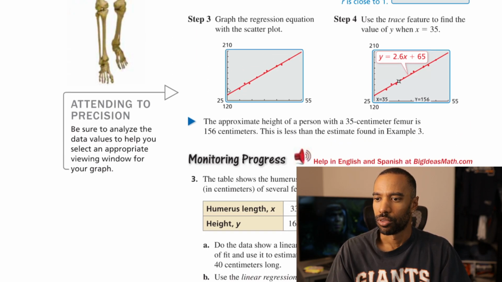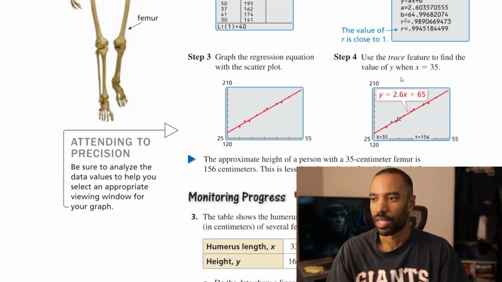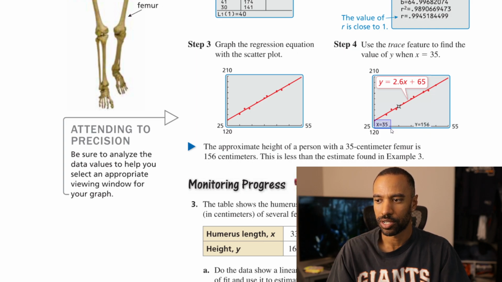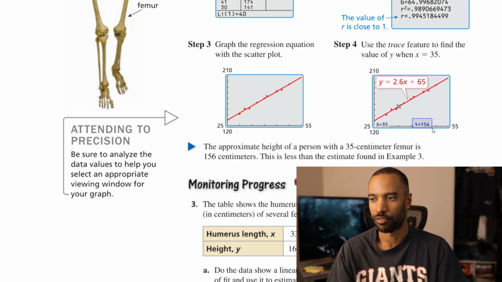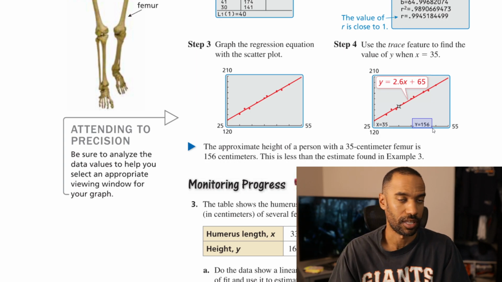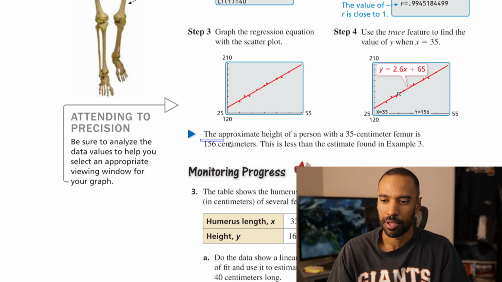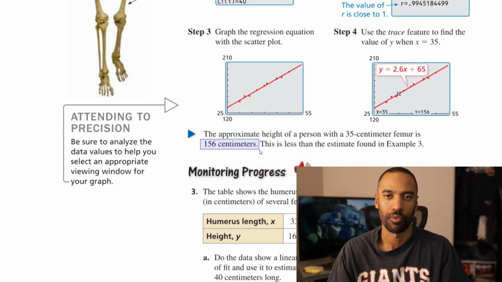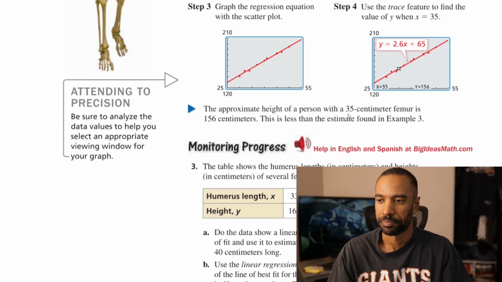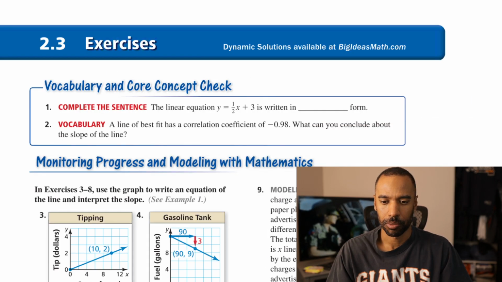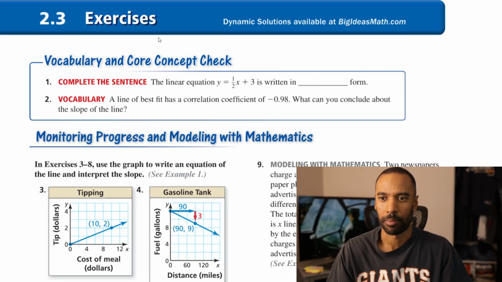Okay. So the approximate height, this is why they're doing this. Because when they draw this thing, they need to then trace and find out when x is 35, what y value do you get. So when x is 35 for this equation, it's going to trace a value of 156. Now you could plug it into your equation, that's fine. But your calculator can also do it for you. So you get 156 centimeters compared to the 157.5 that we interpolated. So that's fine. Okay. And anyway, that'll end the lecture portion as we jump now into the problem set,